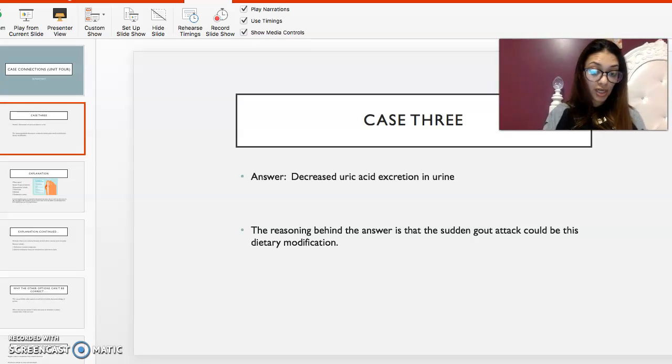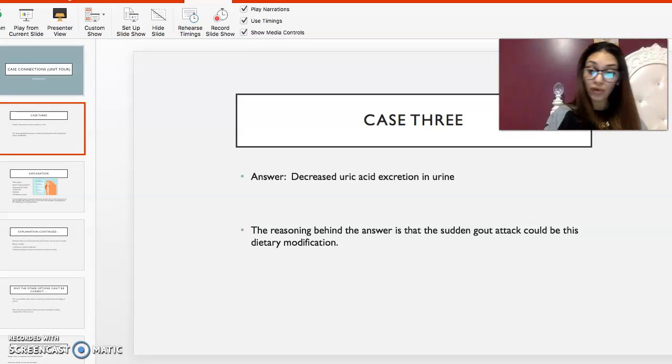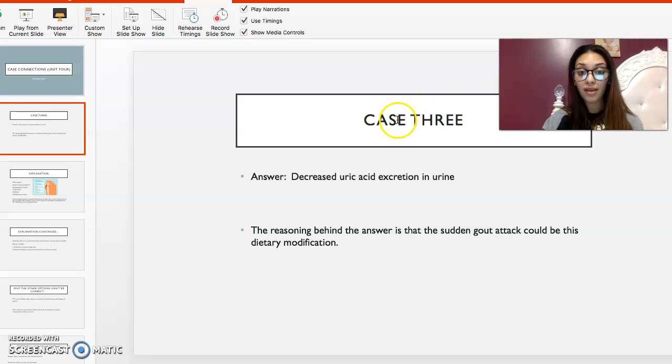So the question here was to describe and explain the presentation of gout in this individual and why the other choices would not be the case. The choices were overproduction of purines, decreased salvage of purines, and decreased urinary excretion of uric acid. So the best answer that I chose for this case was the decreased uric acid excretion